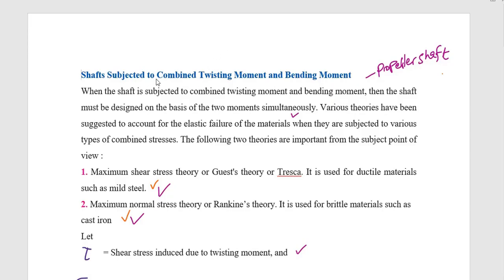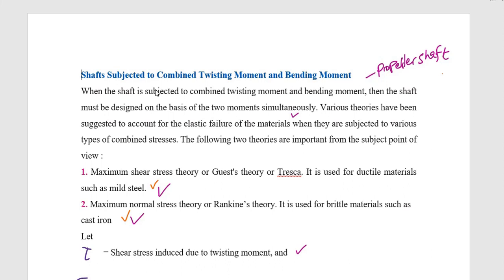Hello everyone, today we are going to discuss design of shaft when subjected to combined twisting and bending moments. An example of a shaft that is subjected to both twisting and bending moments is a propeller shaft. As it is turning, it is either pushed or pulled along its axis, and therefore designing it requires you to consider some principles of twisting, or application of torque, and bending stresses resulting in bending